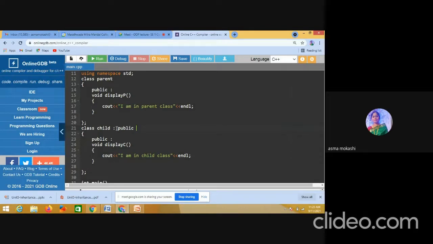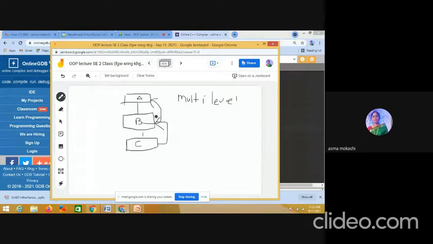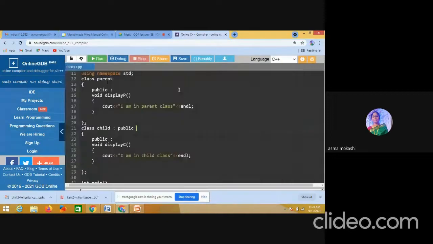That derived class must be its immediate class. That means this won't work. If you see this logic, multi-level, in this case, it is an intermediate class, meaning a direct class. If in A I have written something protected, only its immediate class B will access it. It is not accessible in C. If I write something protected here, only immediate classes will access it, not the second level directly. Okay, if I write protected.